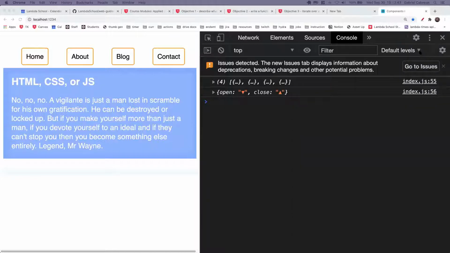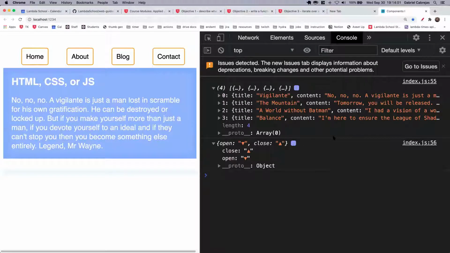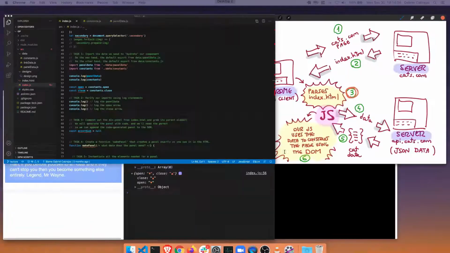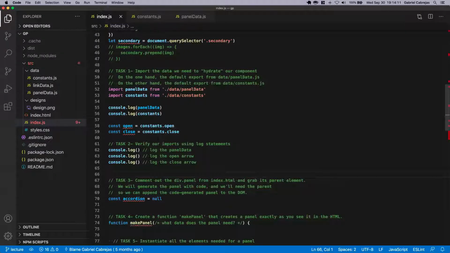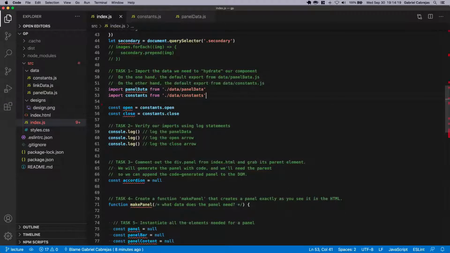Okay, my friends, we are back and the show is on. Okay, so the panel is gone from the page, but we have the data needed to generate these panels with raw JavaScript. And that is exactly what we're going to do. So let's see. Let's verify our imports using log statements. Okay, we can delete those and just log the pieces we actually need: panel data and the open arrow and